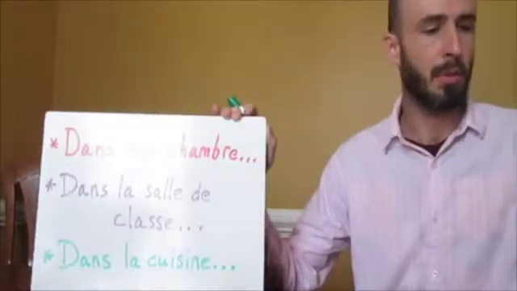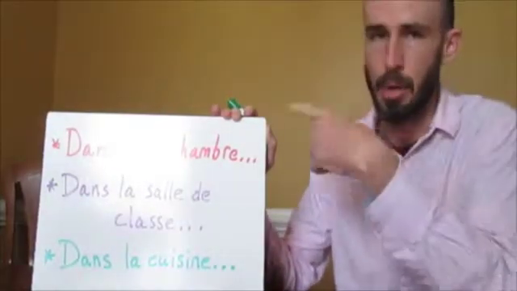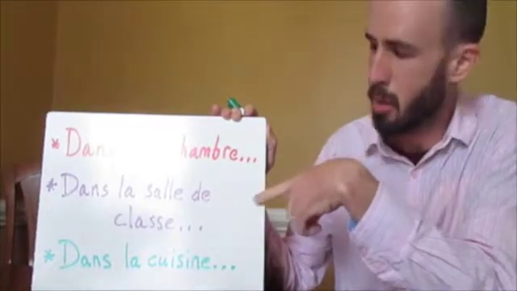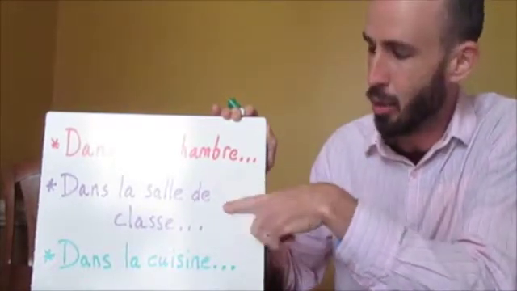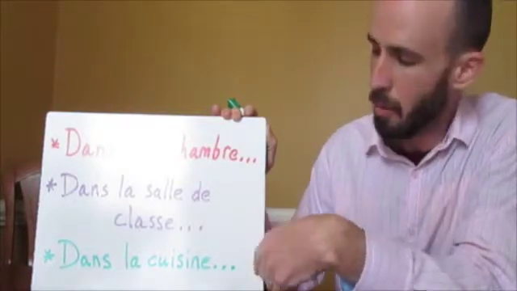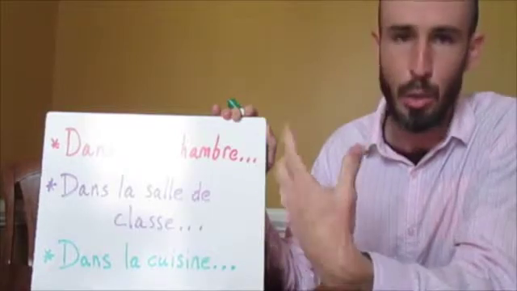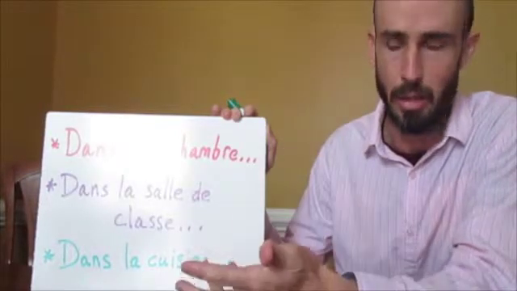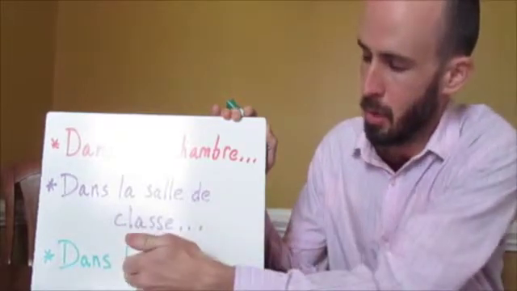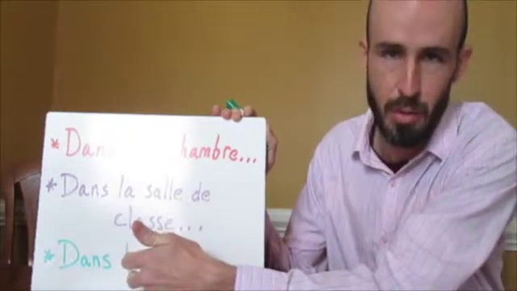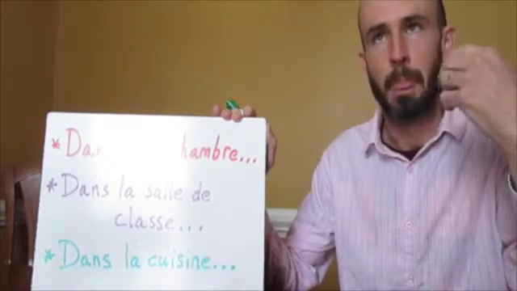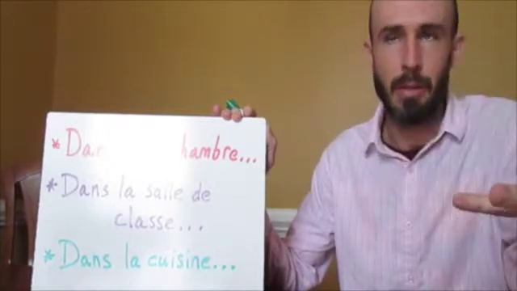So for example, in my room, my bedroom, dans ma chambre. In the classroom, dans la salle de classe, in the kitchen, dans la cuisine, and so forth. Now, if you did have a vowel coming after this, let's say I'm looking at a picture, I want to say there are some flowers in a vase,